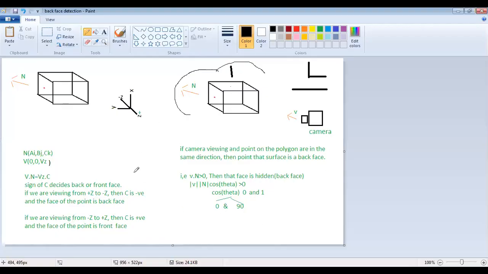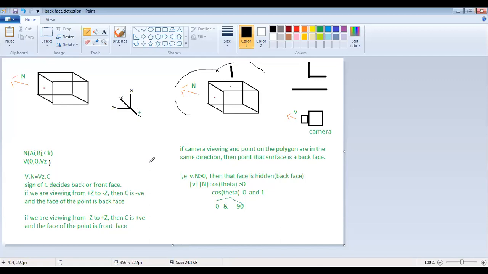This is one of the approaches to tell whether the face is a back face or front face. Now we shall go to another technique. I have taken my point here only. Now let us take x, y, and z axes. X axis is this, y axis is this, this is the positive z axis, and this is the negative z axis. Students, hear it carefully. This is a very important part.